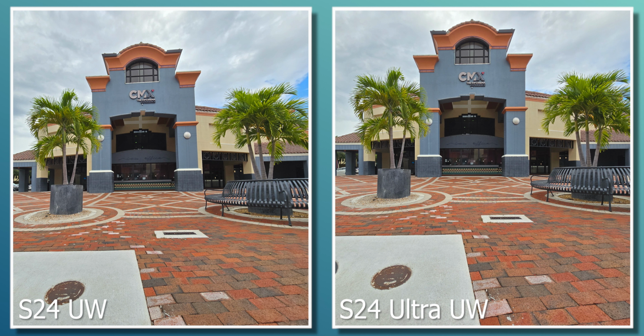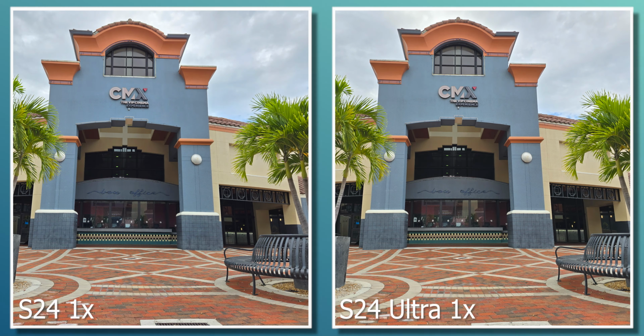Another reason to buy the S24 over the S24 Ultra is if you don't require that 5x lens. I've seen it many times in the comments of my videos where people say that they just don't care about the 5x telephoto lens. So in that case, the S24 is going to have pretty much the same results in terms of camera performance. The ultra wide and telephoto are pretty much the same, if not exactly the same. And the main sensor of the S24 does a good job and competes pretty well with the main sensor of